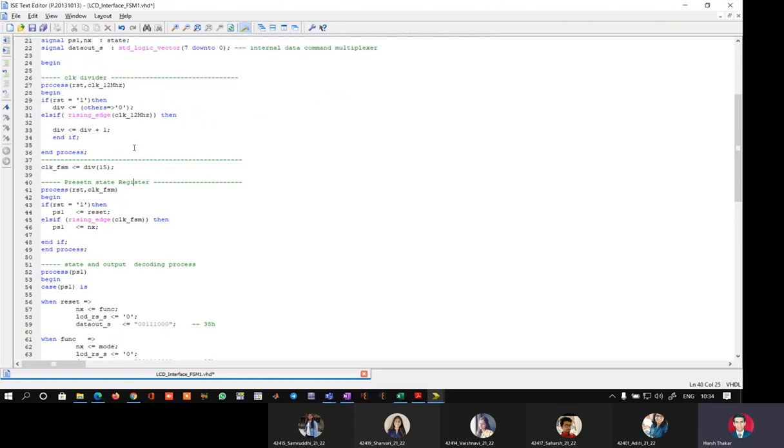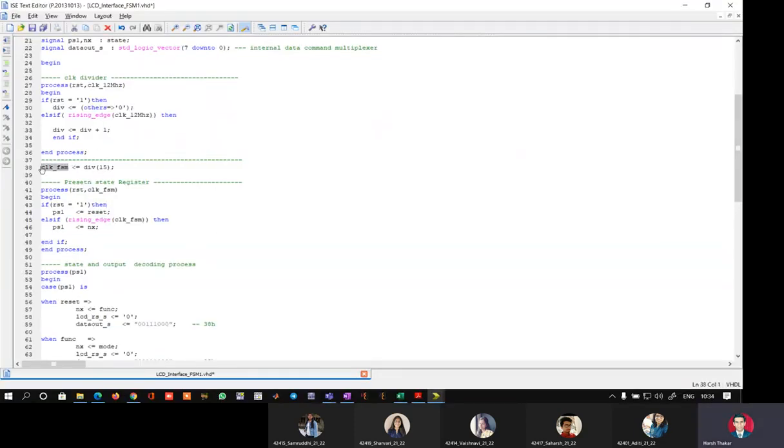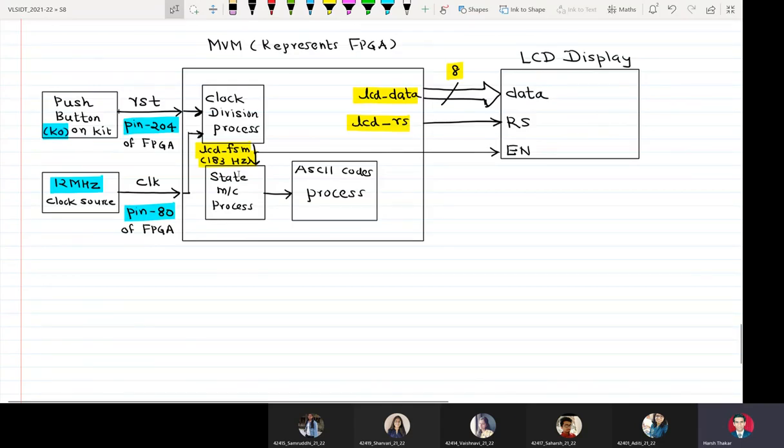So we can see, because the output of the first process is the signal clock underscore FSM, and this signal is present in the sensitivity list of the second process, that is why we say that the connection between process number 1 and process number 2 is the signal clock underscore FSM. Got the point? So the output of the first process is the signal clock underscore FSM on line number 38, and because the second process is sensitive to the signal clock underscore FSM, that is why I am telling that here there is a connection.